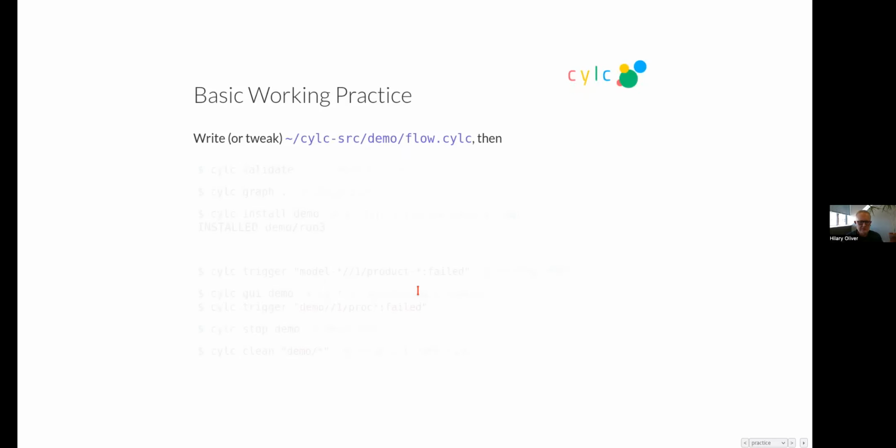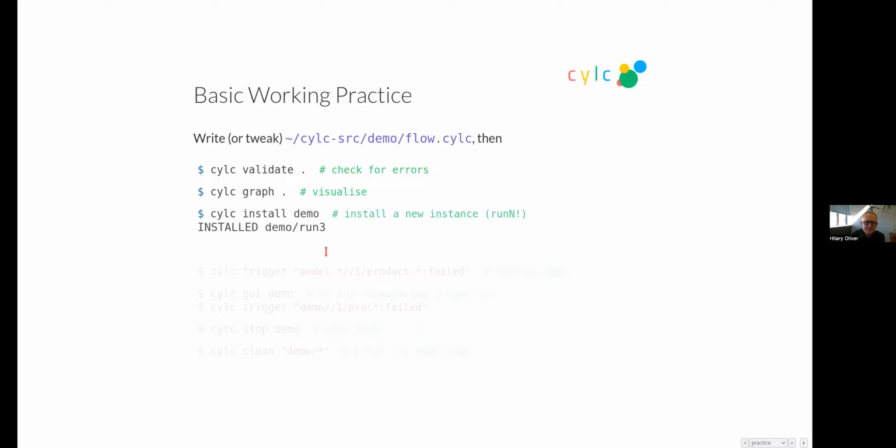So what's it look like to run a Cylc workflow? Typically, you define your workflow in a source directory under Cylc-source, although you can keep it wherever you want. After working on it, you'd validate it to check for errors before you run. Then you might graph it to visualize it. Then you type Cylc install to install a new instance of it.